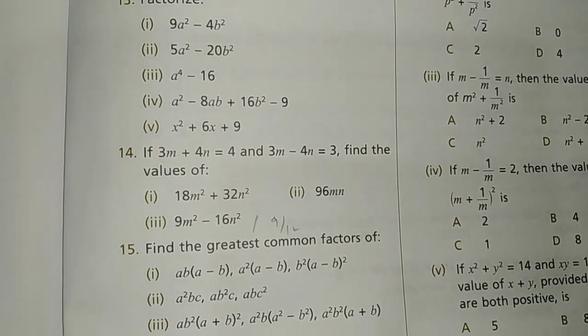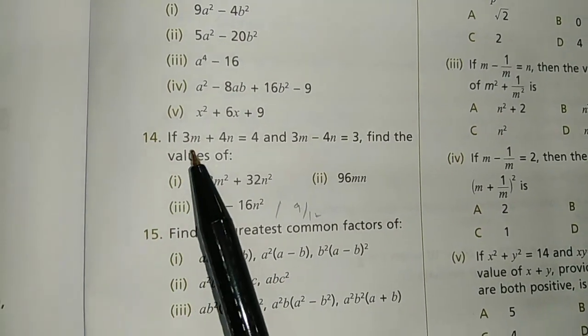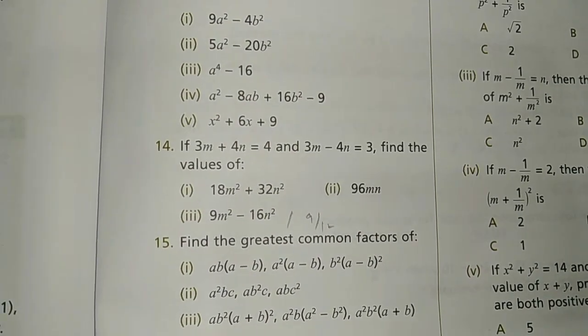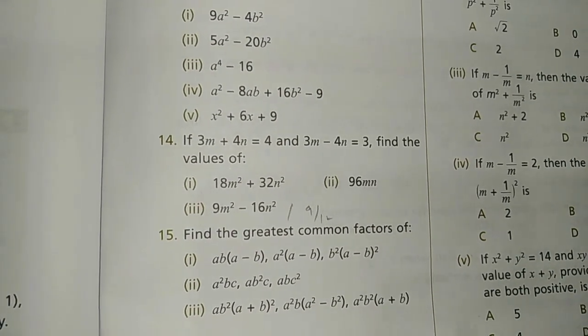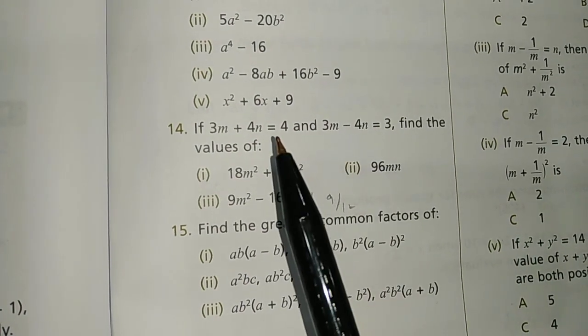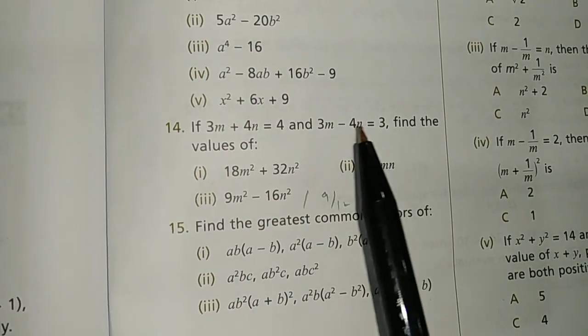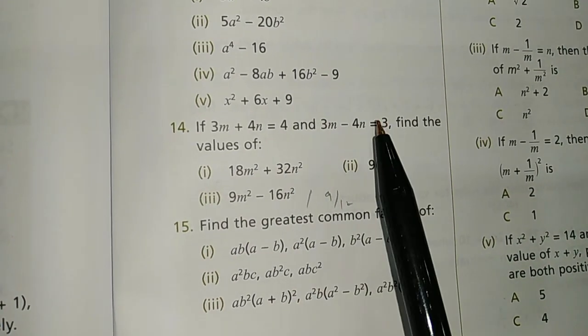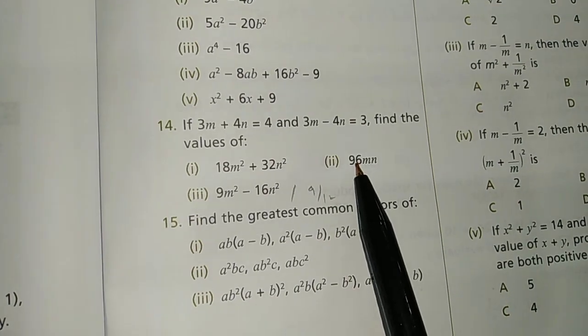Now the last question of this lecture is question number 14. If 3m plus 4n equals 4 and 3m minus 4n equals 3, find the values of these parts. So firstly we have to find the values of m and n. We have to use these equations simultaneously to solve for m and n. And when we get the values of m and n, we put them in these terms to get